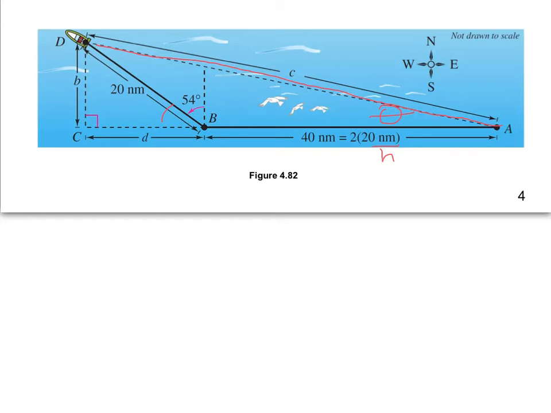So that's going to be 36 degrees. And I know the hypotenuse right there is 20. So I can solve for the adjacent side by using cosine. Cosine 36 equals d over 20. So now d becomes